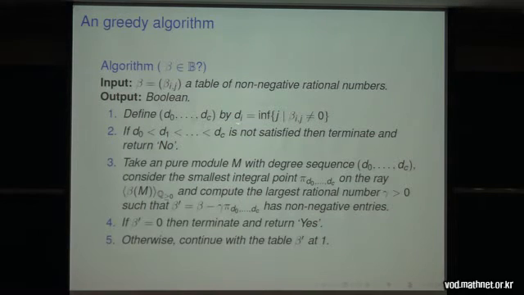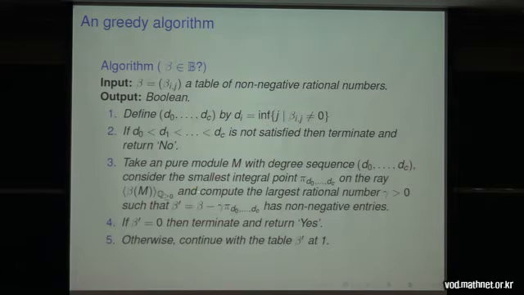So this defines the d_i's. Now, if this sequence is not increasing, then there can't exist such a module, and the answer will be no. Otherwise, I take a pure module with that degree sequence and consider the smallest integral point on the ray corresponding